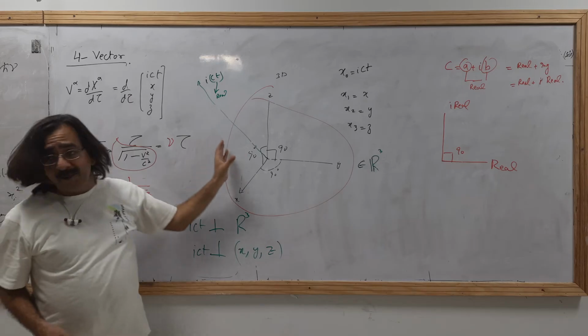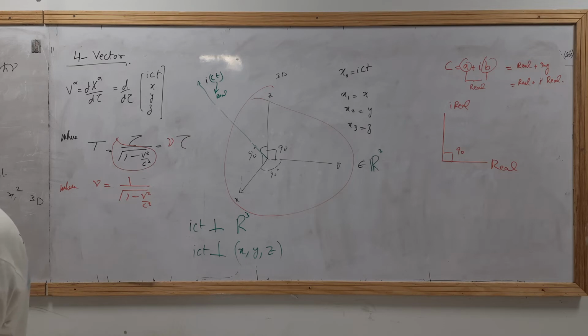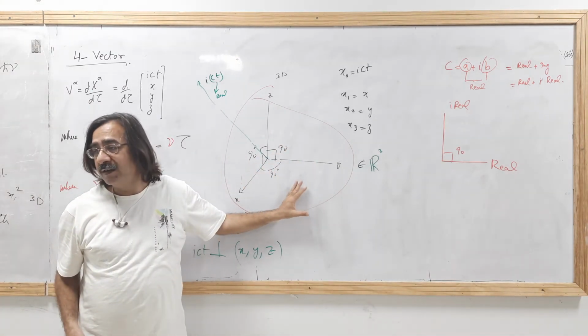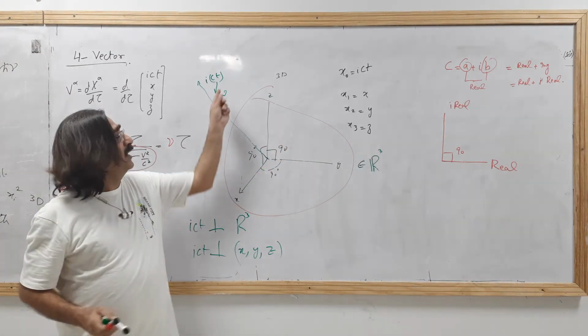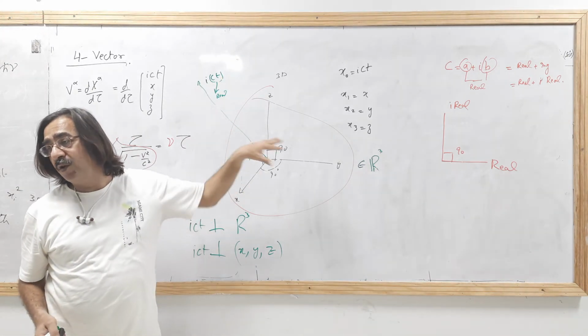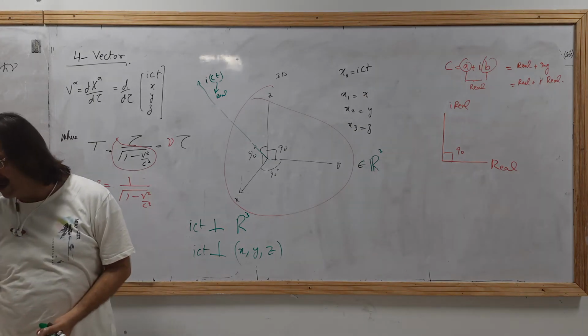हर इमेजिनरी नंबर, जिसके साथ आयोटा मल्टीप्लाई हुआ है वो हमेशा रियल के ऊपर क्या बनाएगा, एंगल क्या बनाएगा रियल के साथ, 90. तो ये आपकी रियल है, ये एक्स वाई जेड तीनों रियल हैं, इसमें कोई कंप्लेन नहीं. अब मैंने आयोटा से सीटी को मल्टीप्लाई किया है तो ये इन तीनों के ऊपर क्या होगा, 90. Got it? Have you got it?